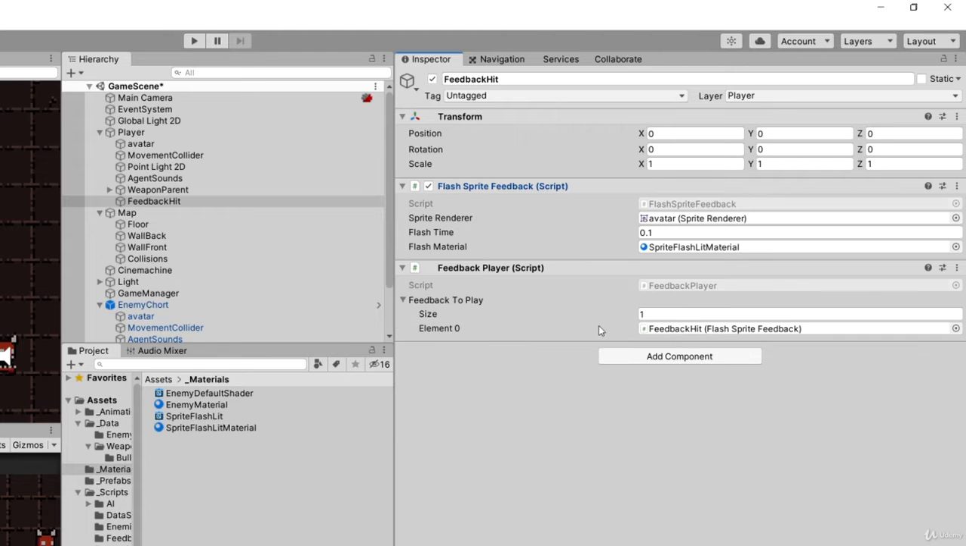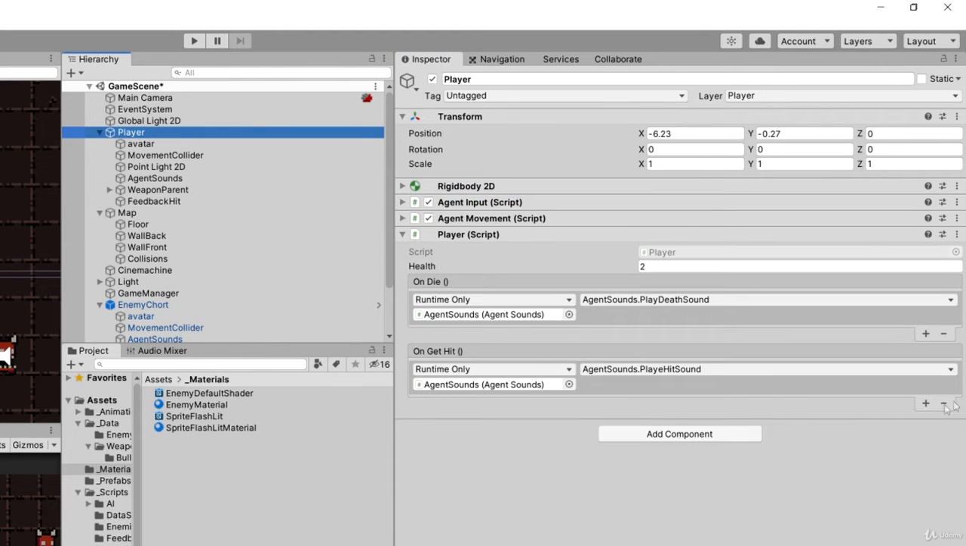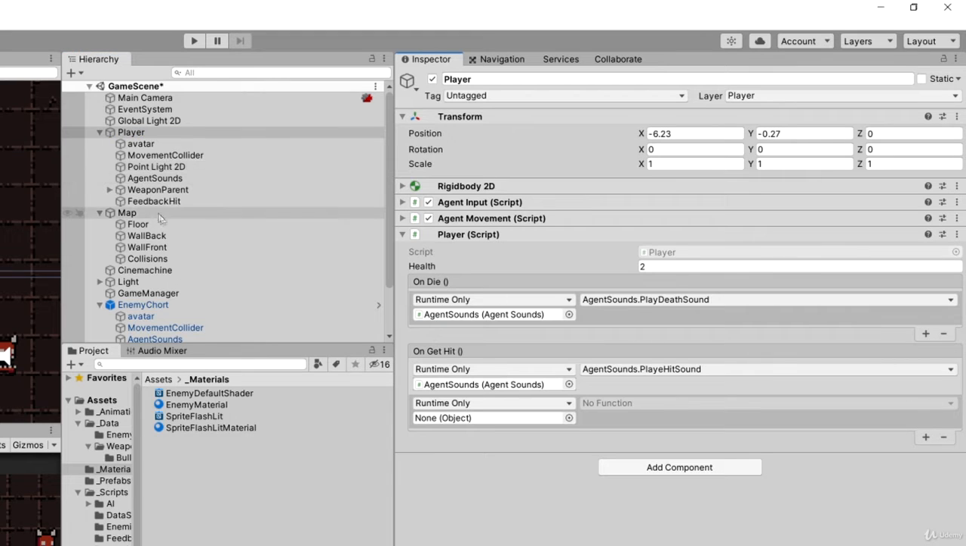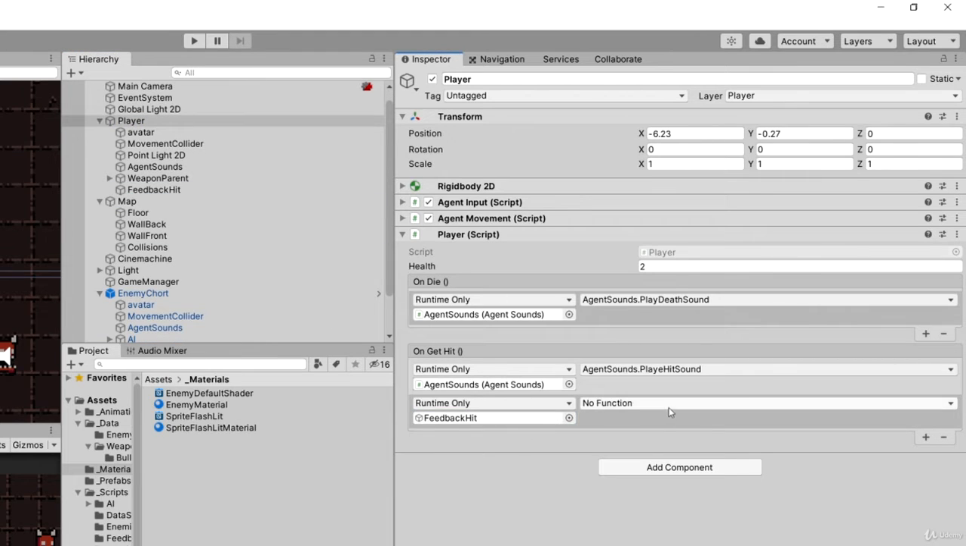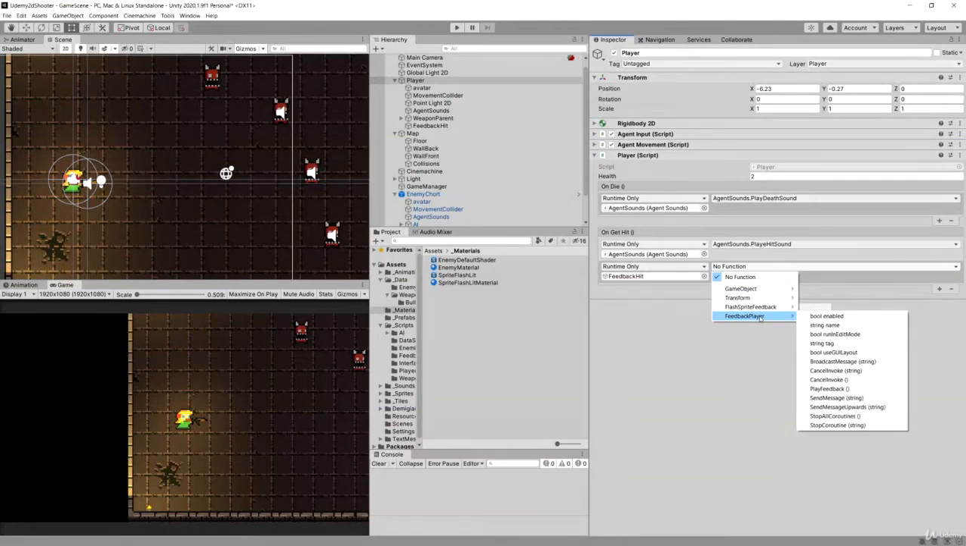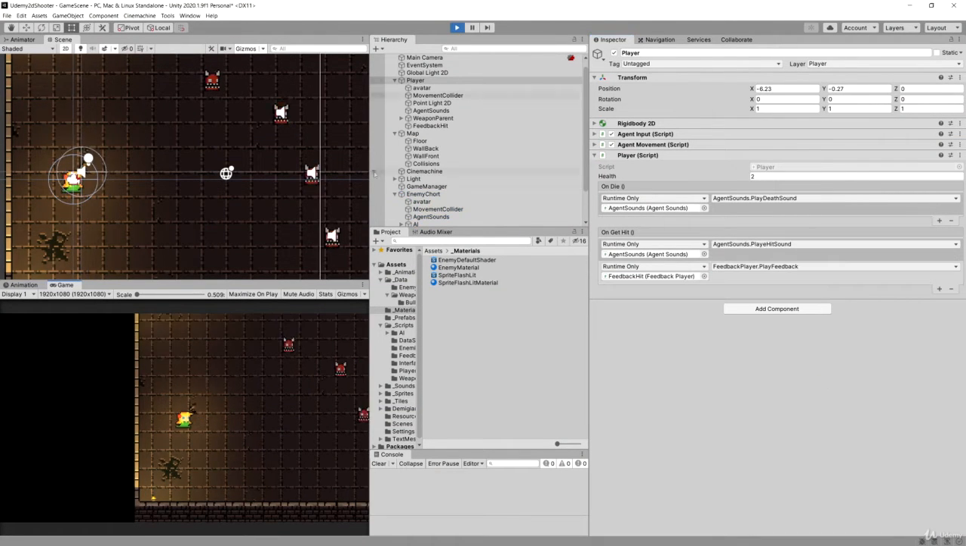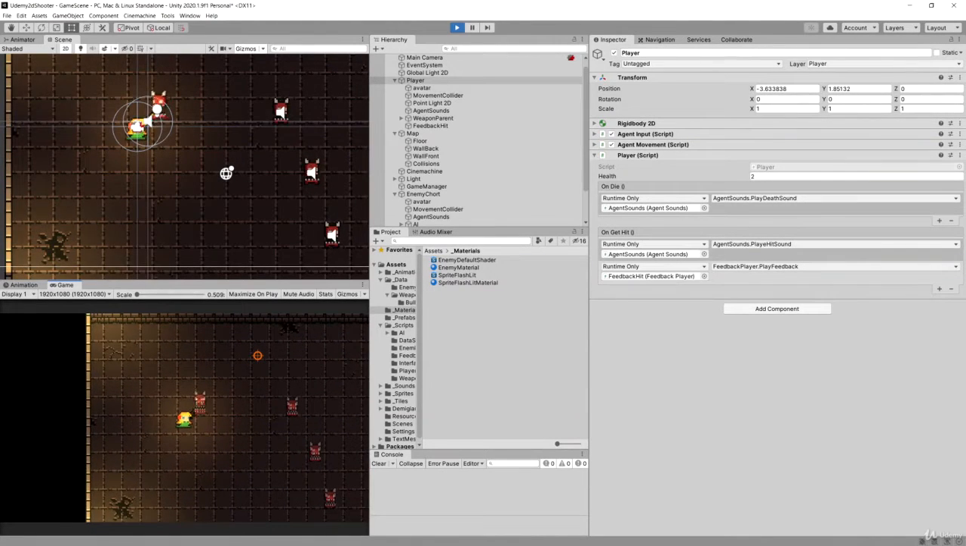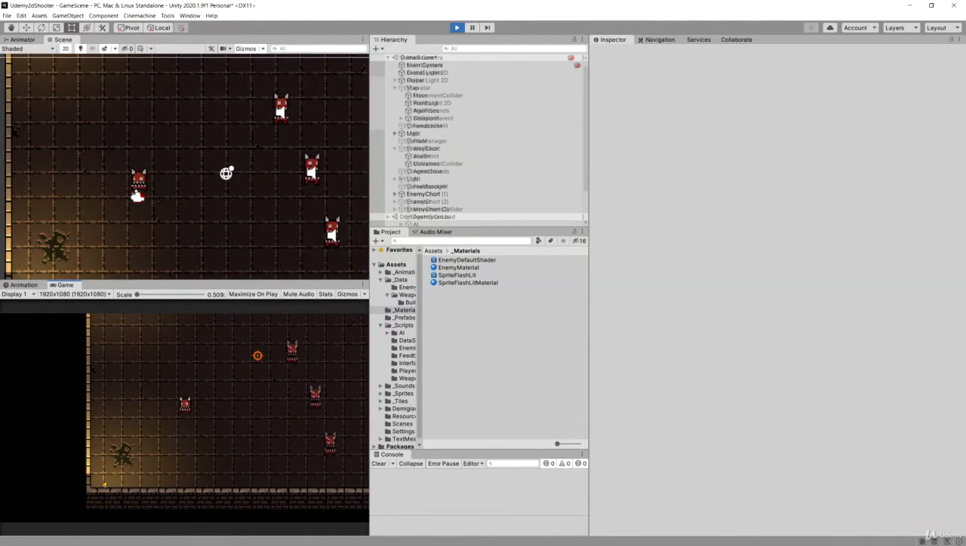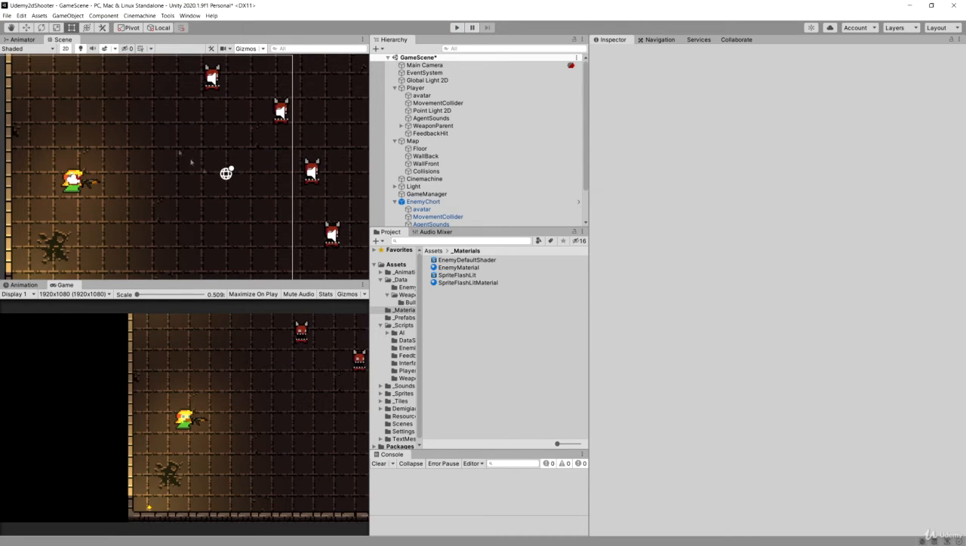feedback player, to its list, and now choose the player, and on hit we are going to add this feedback hit. Choose the function feedback player and play feedback. We can press play, and now if the enemy walks towards us, we can see that our player also flashes white. Now nothing happens on death, we are going to get to it, but for now let's finish off our enemy